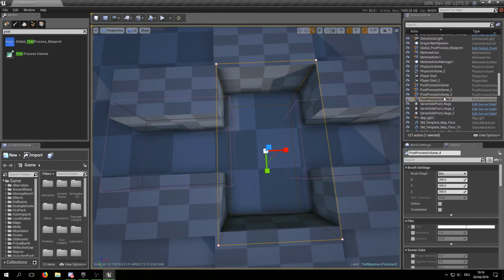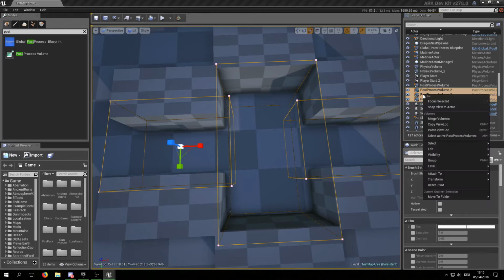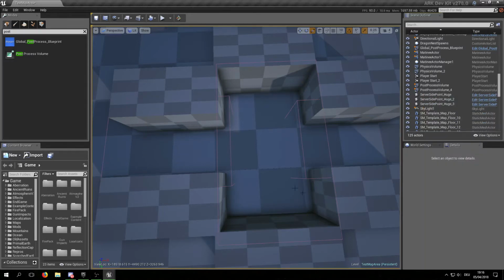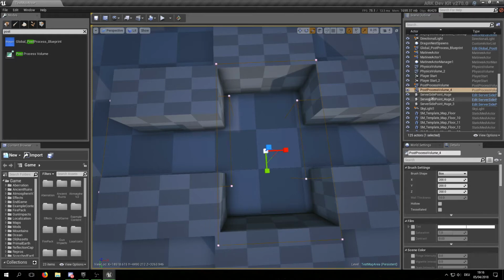Okay, now with these 3 post-process volumes we cover the whole area. So we now select all 3 and we can now merge these volumes together. So this is now one volume,